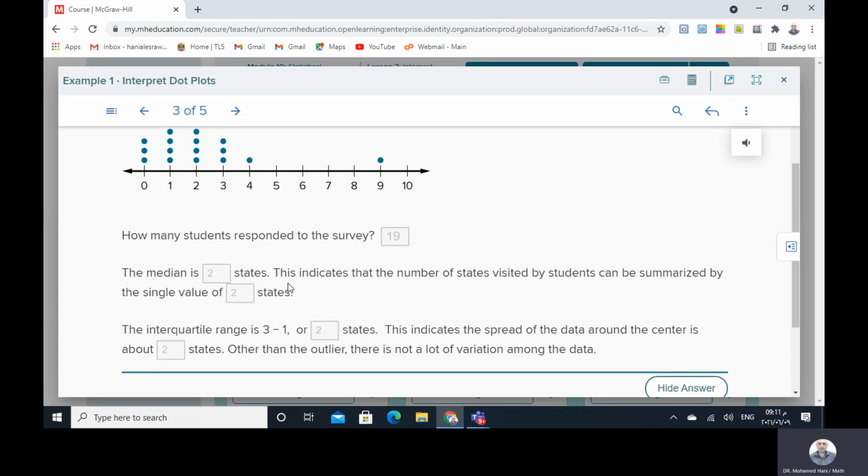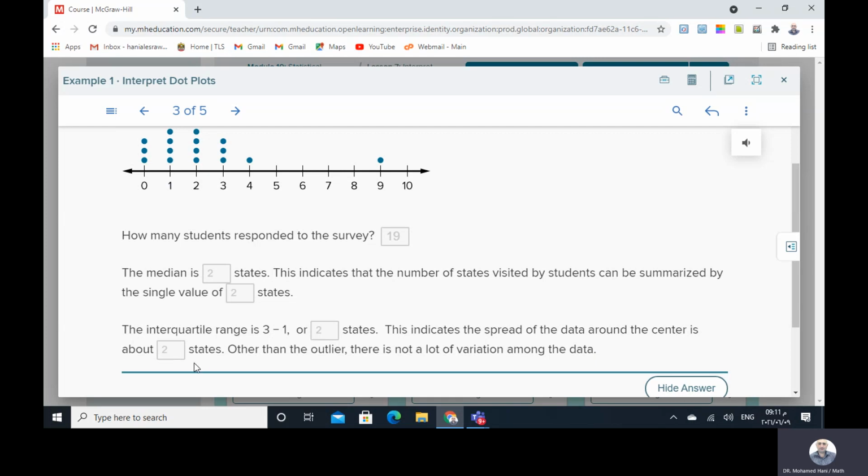So this indicates that the number of states visited by a student can be summarized by the single value of 2 states. The interquartile range will be 3 minus 1, which is 2 states. This indicates the spread of the data around the center is about 2